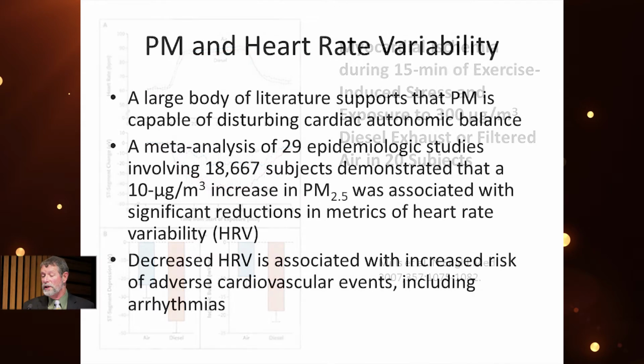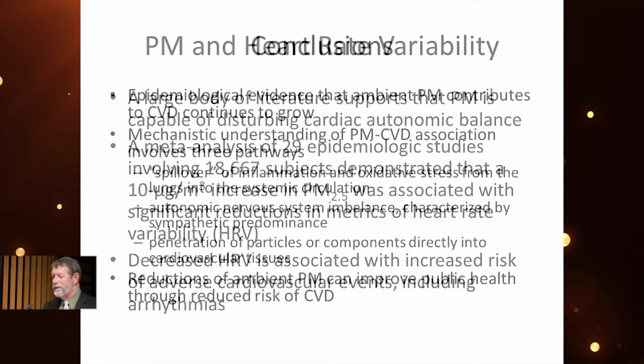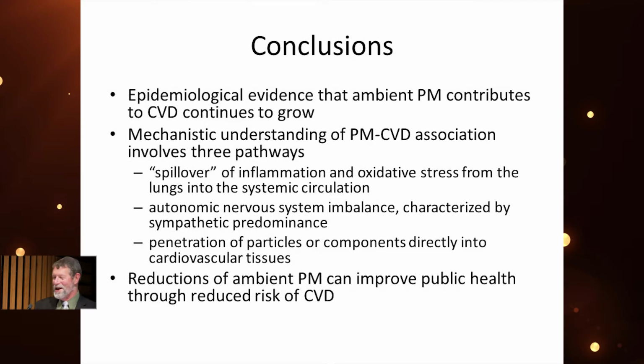Heart rate variability is a marker for that autonomic imbalance I referred to. And the idea here is that inhaling particles that induce oxidative stress, inflammation, injury in the lung lead to stimulation of irritant receptors that affect cardiac autonomic balance. There's a lot of data in support of this. So, because I just got the 1 minute slide,